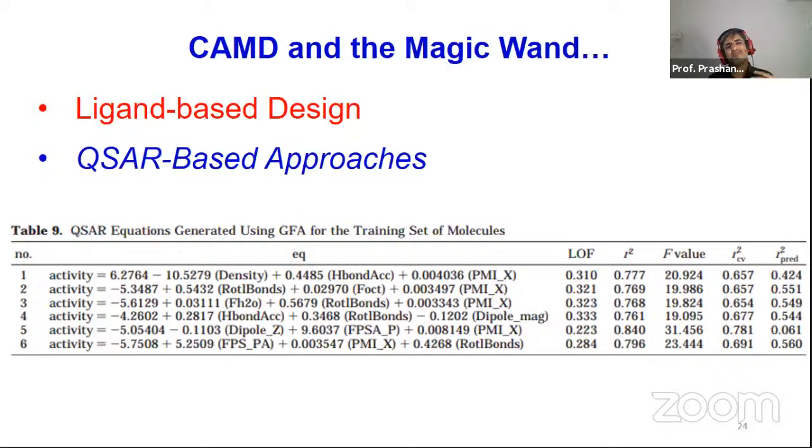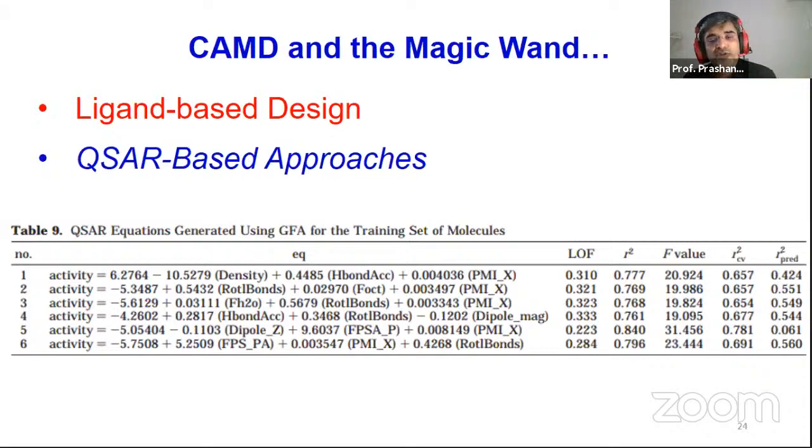But because this is a model, there is always error associated with the biological measurements, the experimental data, on which this model is based. Obviously those errors percolate into the models. Although these models do a good job predicting the activity to a great extent, we are never disappointed if it doesn't work. At least 60% or maybe 70% of the time, the predictions will be accurate, which is good enough.